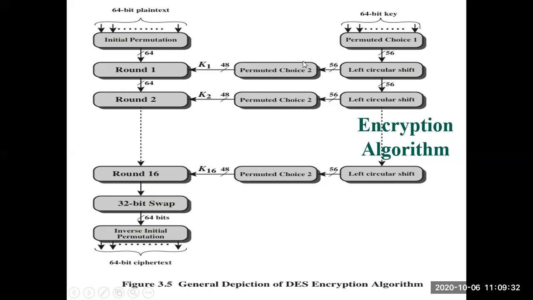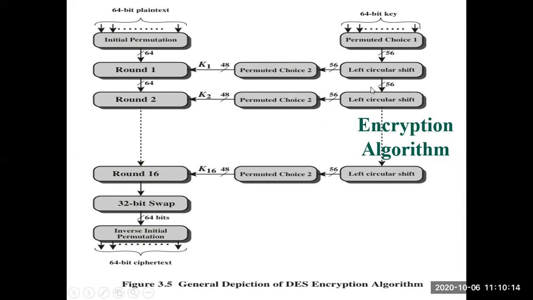After that one left shift, we apply the second permuted choice. P8 we used to do that. Here it is PC2, from which we again get a reduced number of bits, 48 bits. We are going to generate a 48-bit key and add it in the round 1 function. Remember, in the round 1 function you will be working with halves, 32 bits, and that 32 you would have expanded to 48 and you will add. Anyway, it's the same procedure, but the bit sizes are varying.